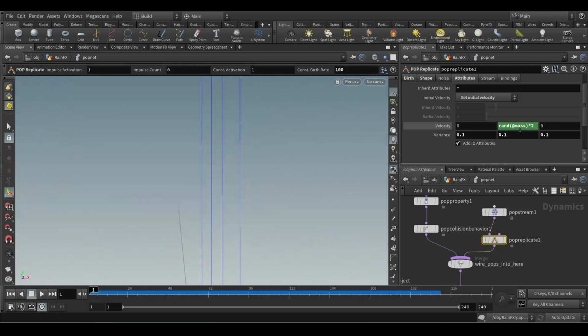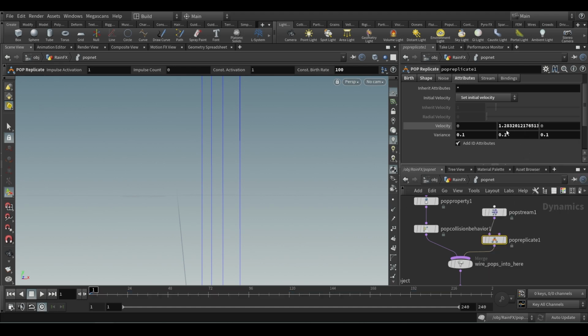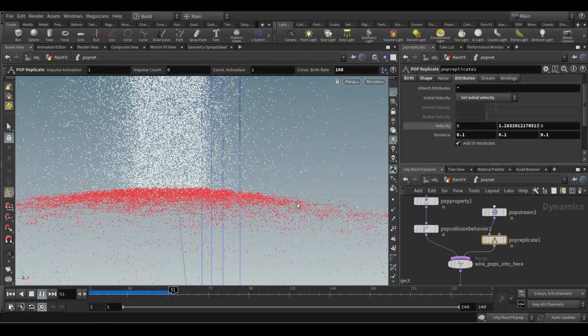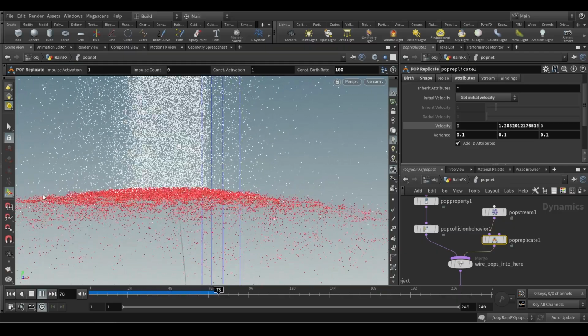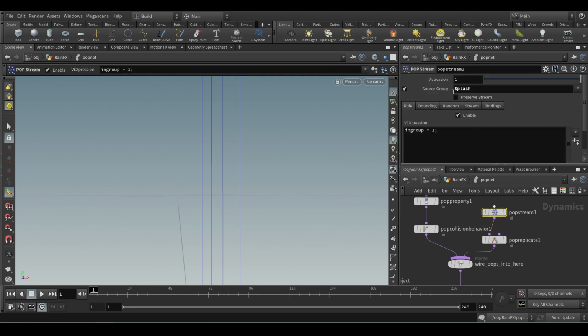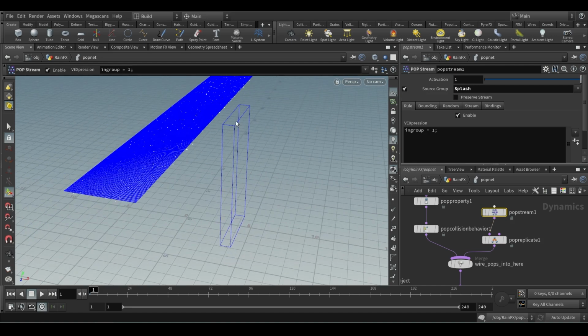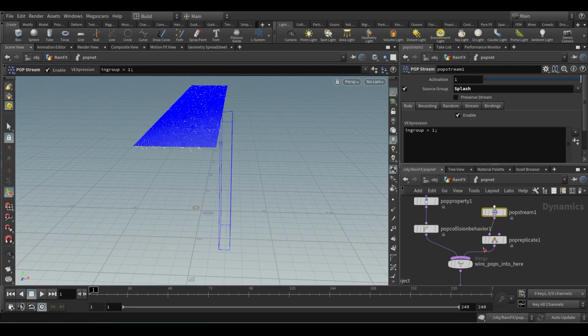Without this random mass, you can see what it's going to give you. So I'll put this value. Okay, you can see it's straight, I don't see any difference, it's all straight. So that's why I used this random mass, just to randomize the velocity in the y-axis when splashing, or when we are doing the splash group.